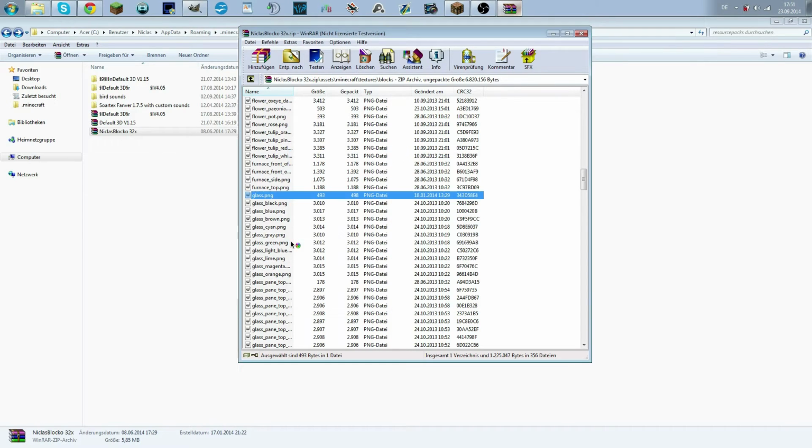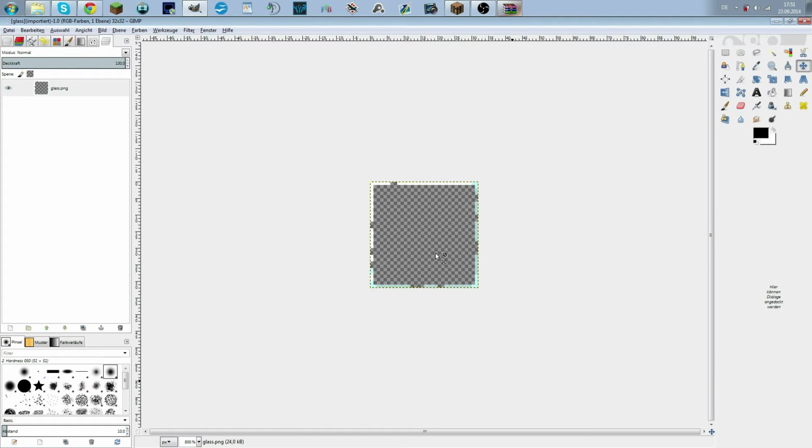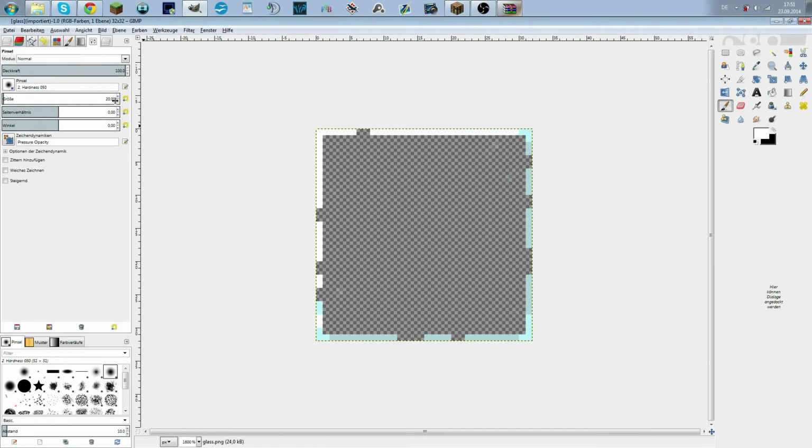And then you wait a little bit, and the texture should come up, which looks something like this, and it still has some white stripes in the middle probably. Select a really small brush so you can fit in with those pixels here, because this is 32 by 32 pixels. The default one would be 16 by 16, so only a quarter of that. And then you want to change it basically, and when you're done you will want to